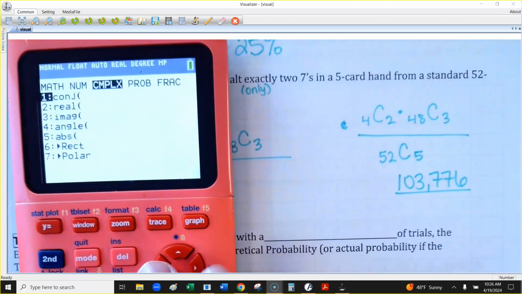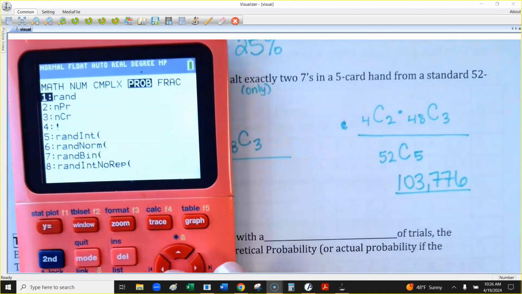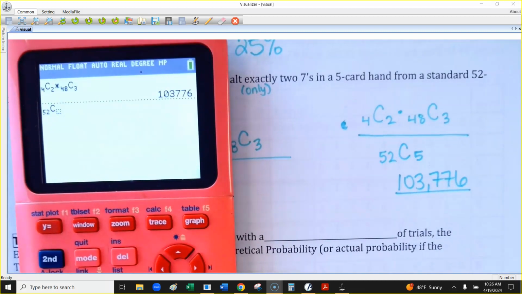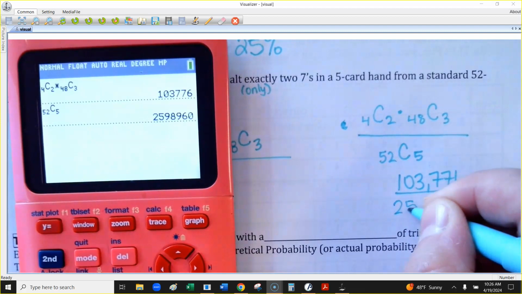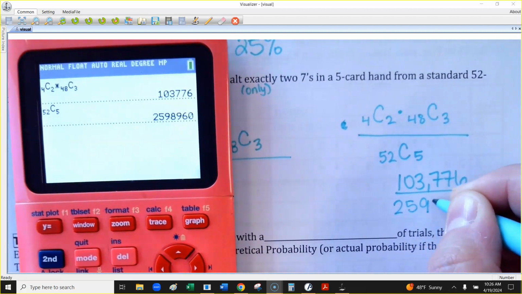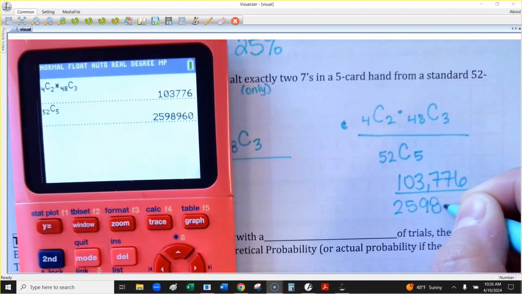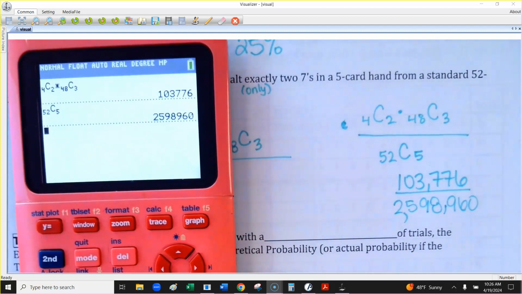scientific, and then under the probability menu, if you're on the graphing calculator, do the NCR if you're on the scientific, and then just 5 card hands would type in 5. So the total number of hands we could be dealt, there's a ton here, as you guys can see. I've got 2,598,960. So if you are playing cards, that's how many different hands you could get if you had 5 cards